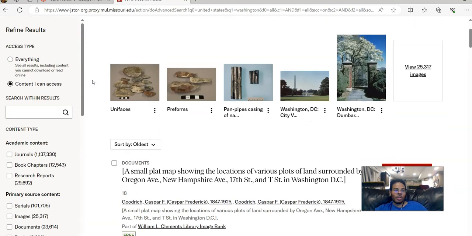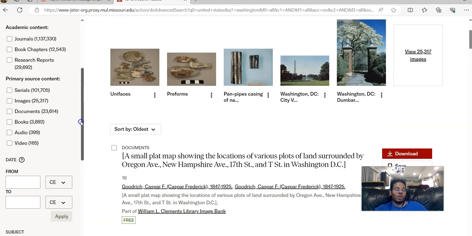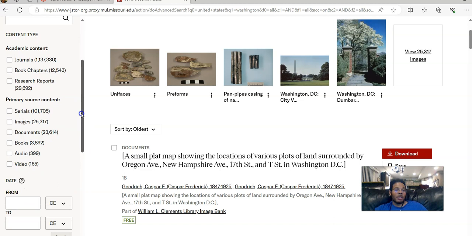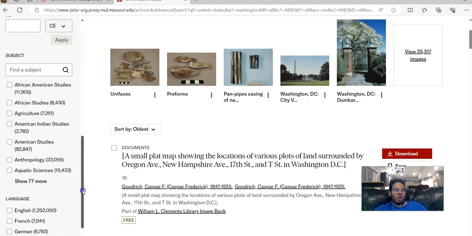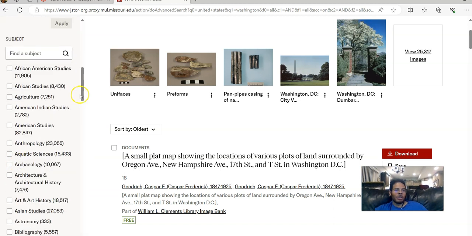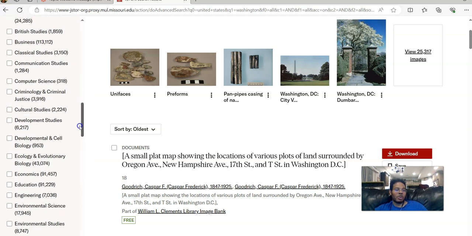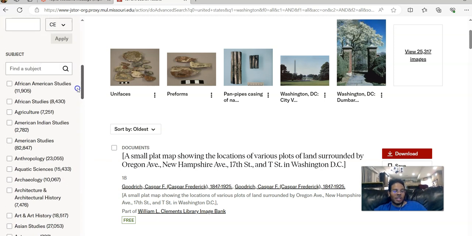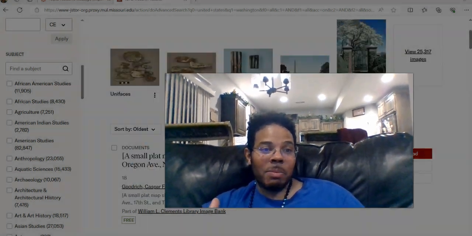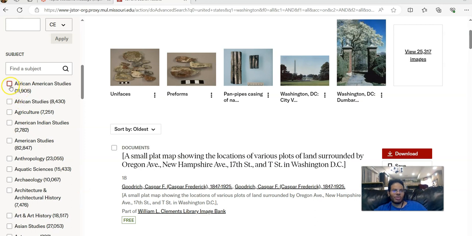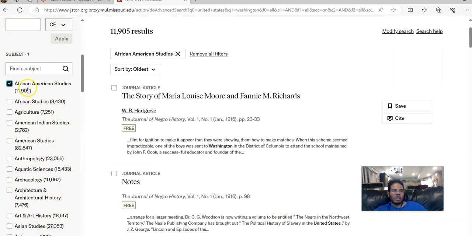But what you can do, again, you can narrow your results in the same way that you narrow your results with Academic Search Premier. But another thing that is very useful here, you've got the source type and document type and all of that, but what becomes very, very useful is that you can actually narrow your journals by subject as well. So let's say that you're looking for Washington and you're looking for United States, but you want it under the purview of African American Studies, and you only want African American Studies journals. So let's say you were, for instance, doing a report on Washington slaves or something like that. What you can do is click African American Studies, and that takes you all the way down from over 1 million to